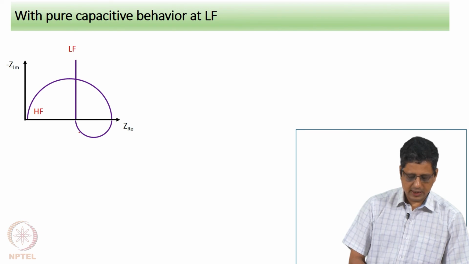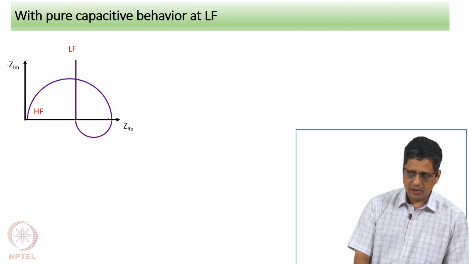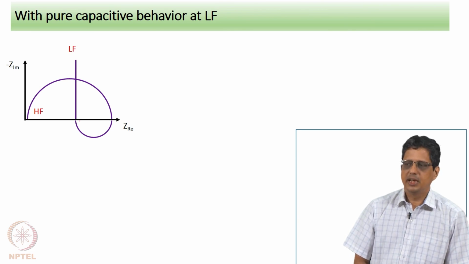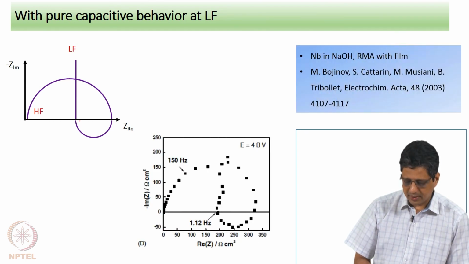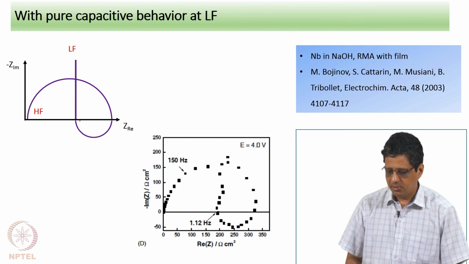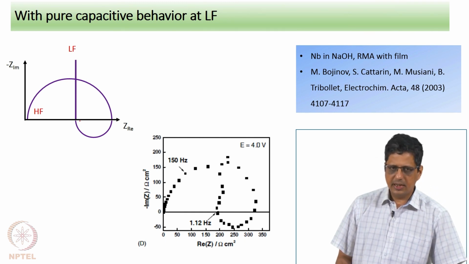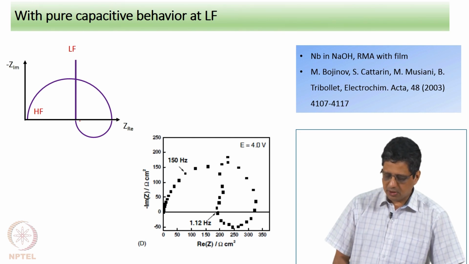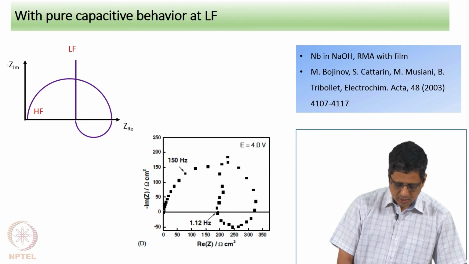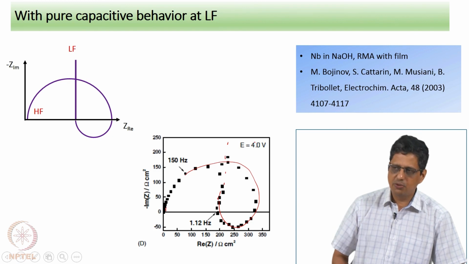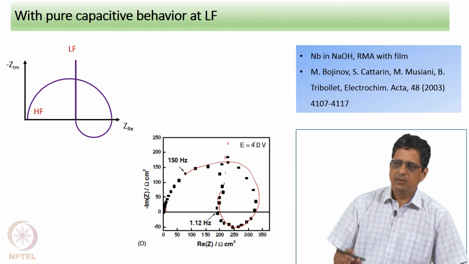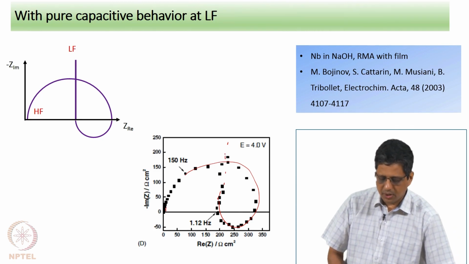And finally, I want to show an example where you have high frequency normal capacitive data, mid frequency inductive data, and at low frequencies it behaves pretty much like an ideal capacitor. Okay. So, it just goes as a vertical straight line. This was seen in niobium dissolving in concentrated NaOH, possibly at elevated temperatures, and published by Professor Boinov and others in 2003. You can see the data coming like this, settling here and going more or less like a vertical line at very positive potentials. That means a thick film must be formed on the top and it is acting like a capacitor. Okay. We will stop with this.